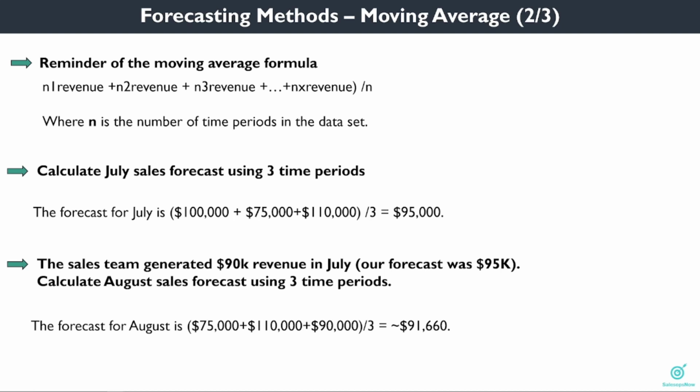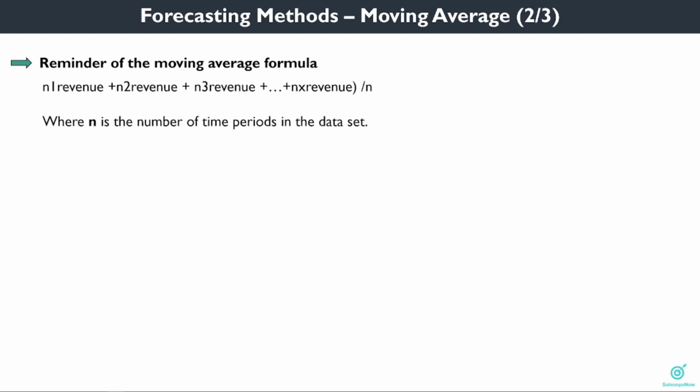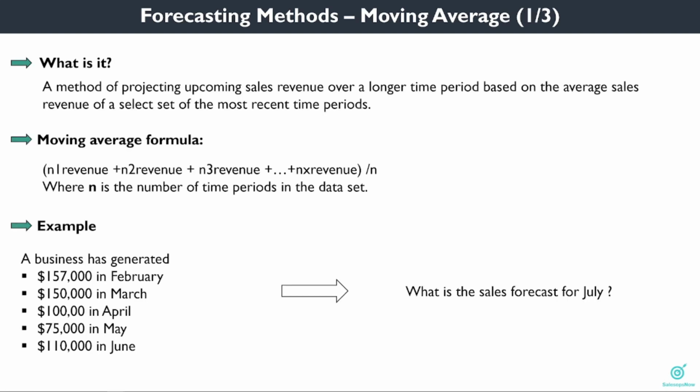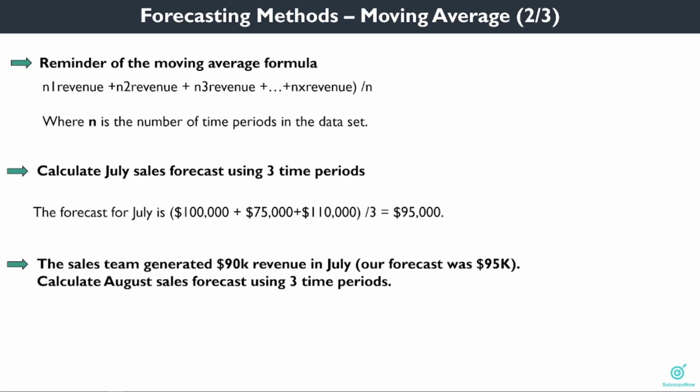The forecast for the month of August will include actual revenue in July, plus actual revenue in June, plus actual revenue in May. So if we go back to the previous slide, 75,000 plus 110,000 plus 90,000 generated in July, divided by the number of time periods, which is 3. The sales forecast for August using the moving average method is